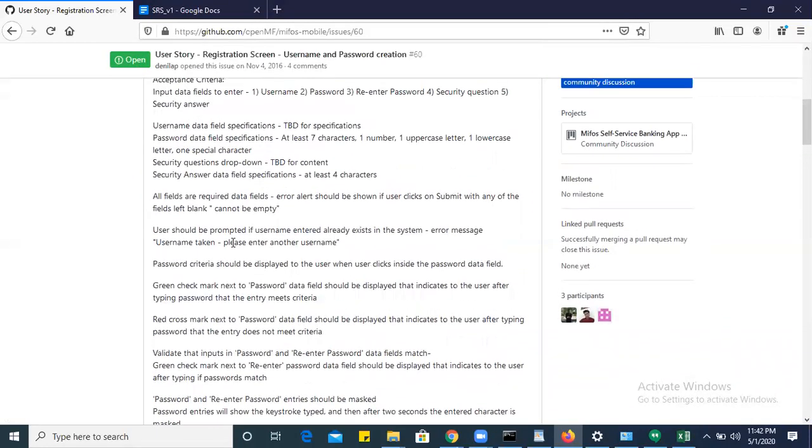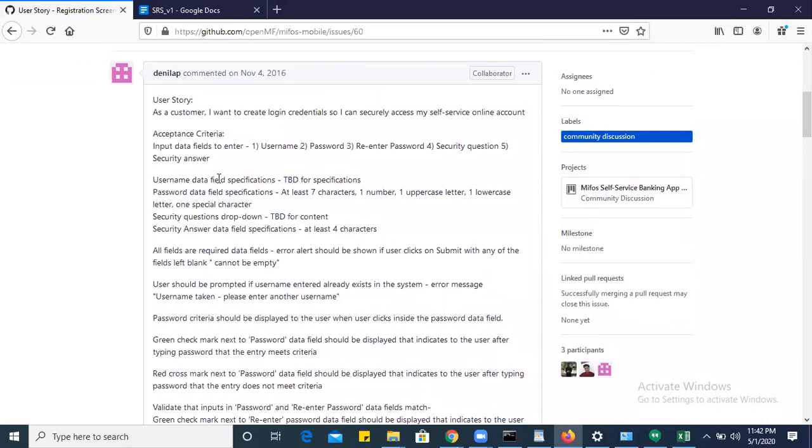Next we will see each field one by one. Username data field specification: TBD means to be determined, meaning the specification is not mentioned.